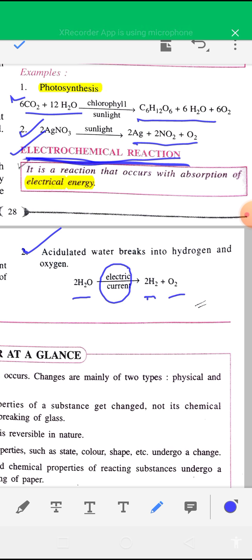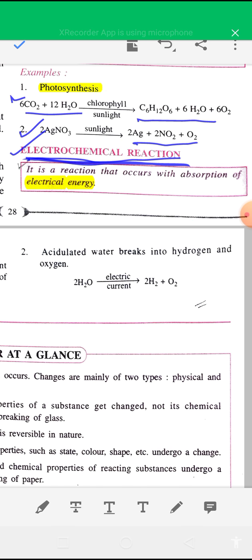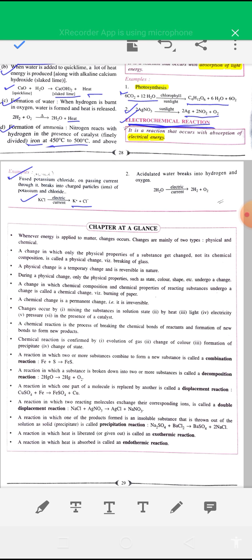So acidulated water breaks into hydrogen and oxygen gas when electric current is passed through it. The chemical reaction is 2H2O gives 2H2 plus O2 in presence of electric current. So you have to remember the definition of